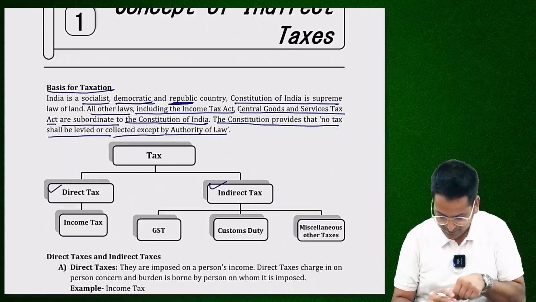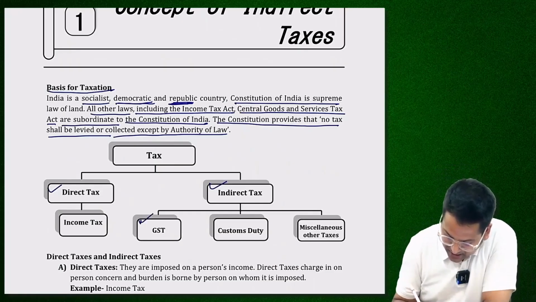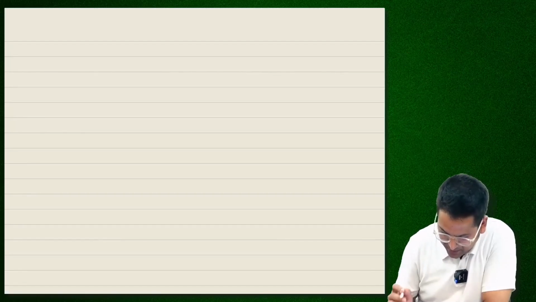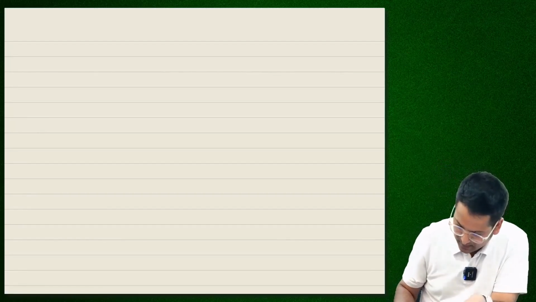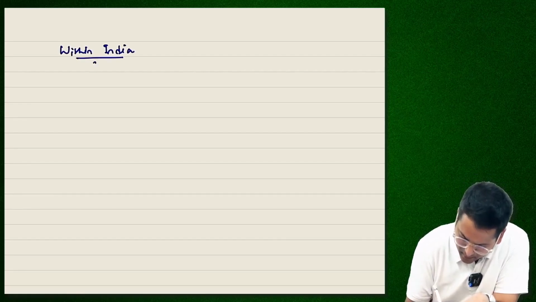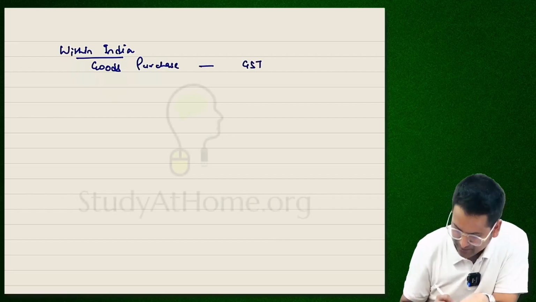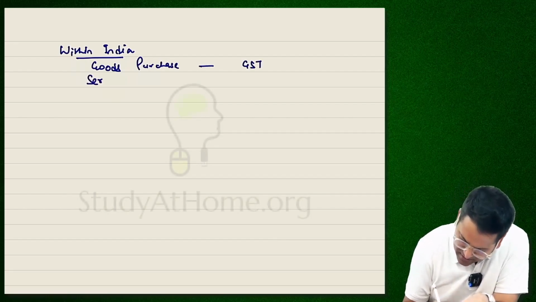Right. Now, what is indirect tax? These are the taxes levied on goods and services. Alright? Indirect taxes include GST or customs duty. I will tell you a bit about it. If you are planning to purchase goods within India, GST is imposed on it. If you are purchasing some services within India,